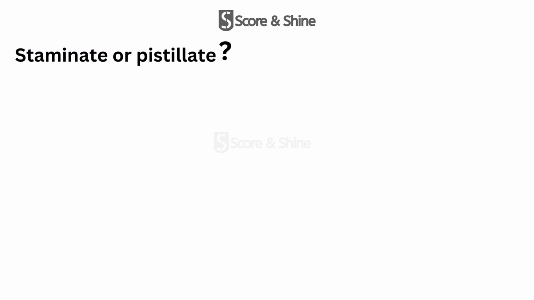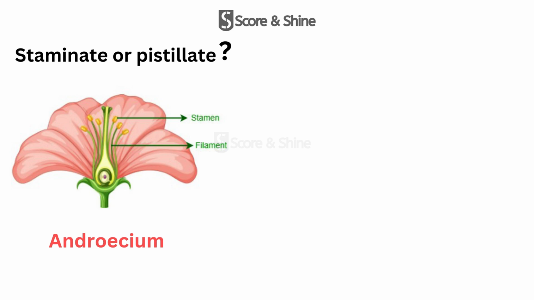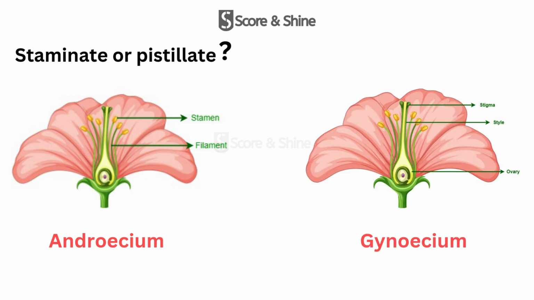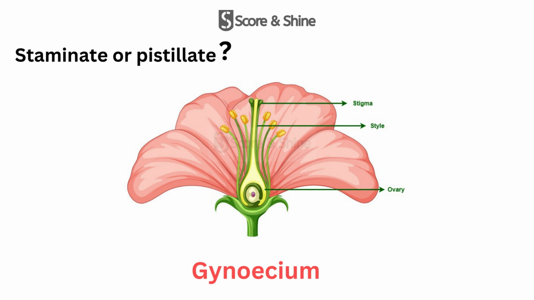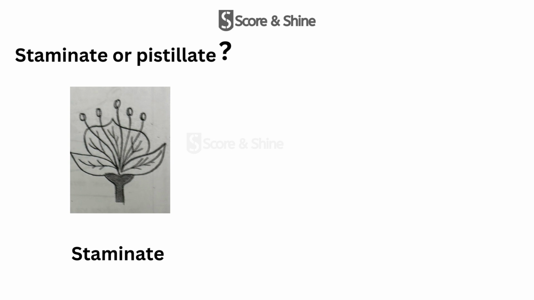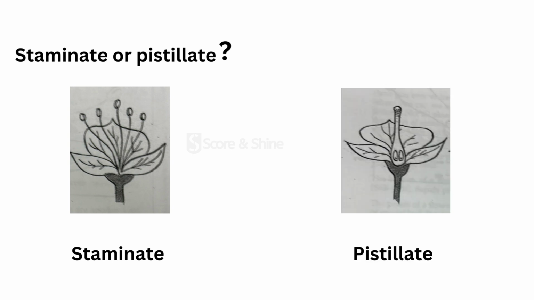So what is staminate or pistillate flowers? Usually flowers will have the male part called androecium and the female part called gynoecium. The male part, androecium, will have stamens, which include filament and anther, and the female part, gynoecium, will have ovary, style and stigma. So the flowers which have only male part are called staminate, and the flowers which have only female part